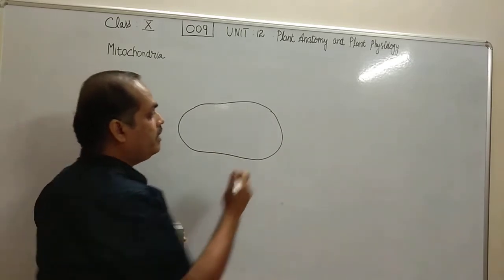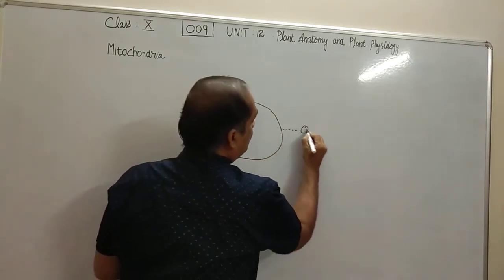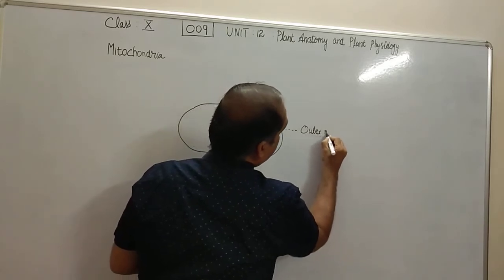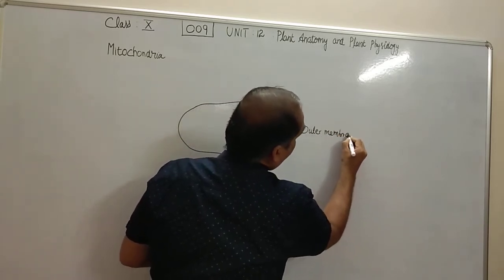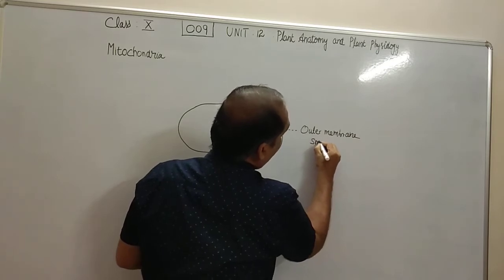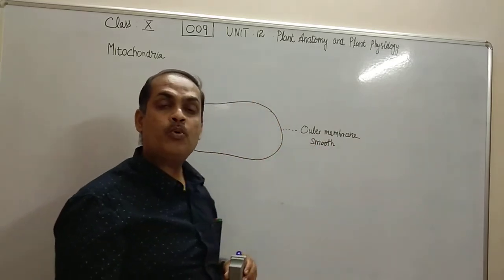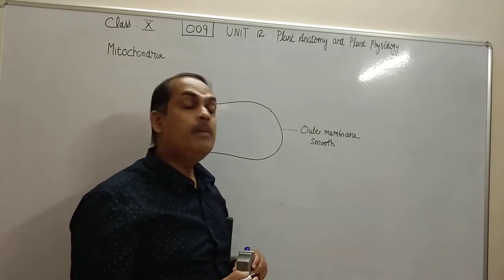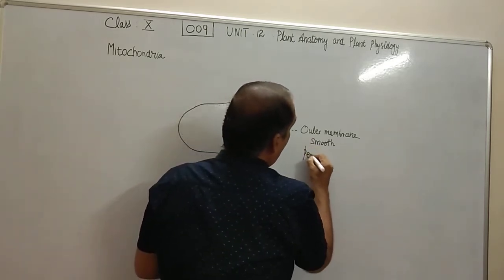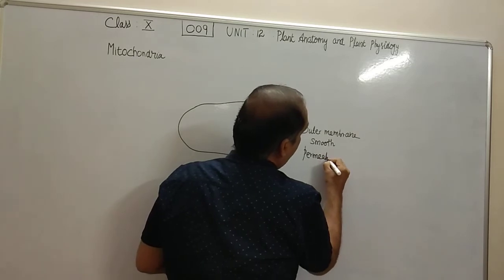The outer membrane of the mitochondria is smooth and it is made up of less protein and it is permeable. It is a permeable membrane,